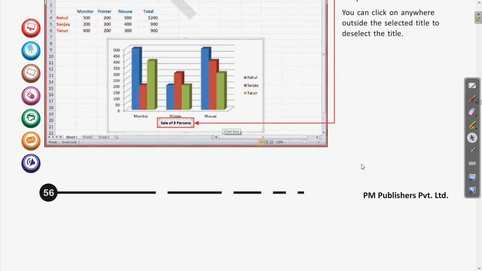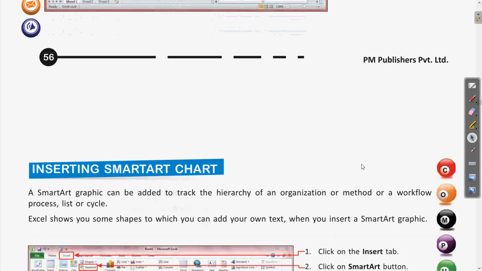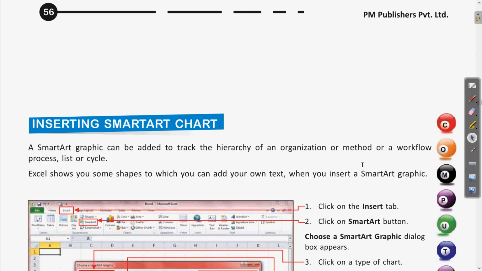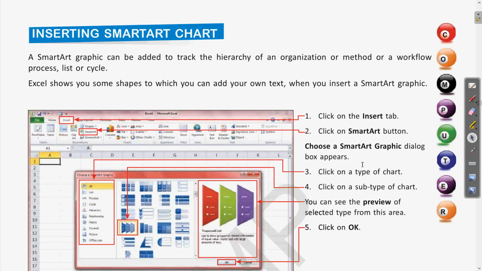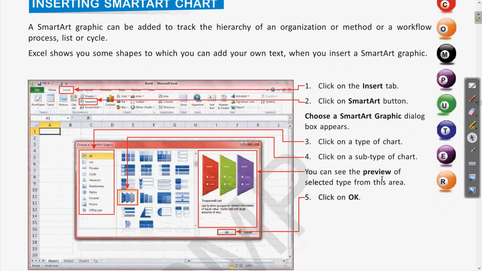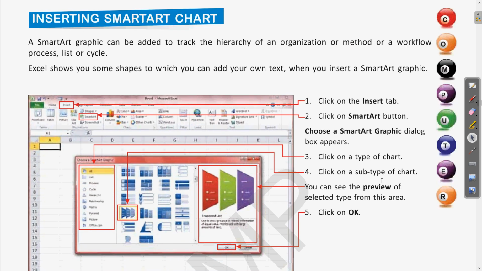Clear? Now coming to the next topic, that is SmartArt. How we can insert a SmartArt chart. So let us first understand what SmartArt is. Whenever we make some presentation, whenever we are making anything which can be presented to a group of people, sometimes we need some predefined shapes.